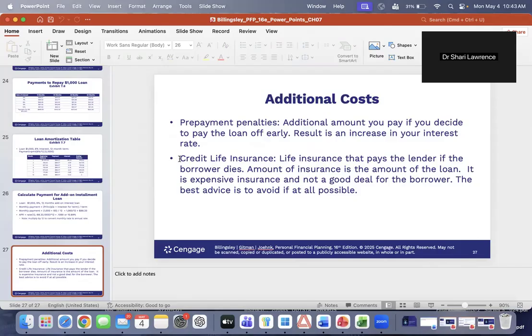It's a lot cheaper. So let's say you have a $20,000 consumer loan. Well, you could go get a $20,000 life insurance policy for a few dollars a month, and then you would be covered. The other issue with a credit life insurance policy, in addition to that it's expensive, is that as you pay off the loan, the benefit amount decreases. So why not just get a term insurance policy that stays the same, say it's 20,000 or 10,000, no matter whether you've paid this loan off or not. So always avoid credit life insurance.